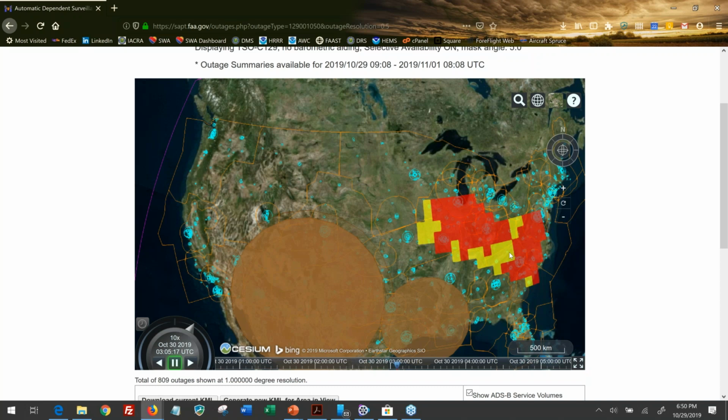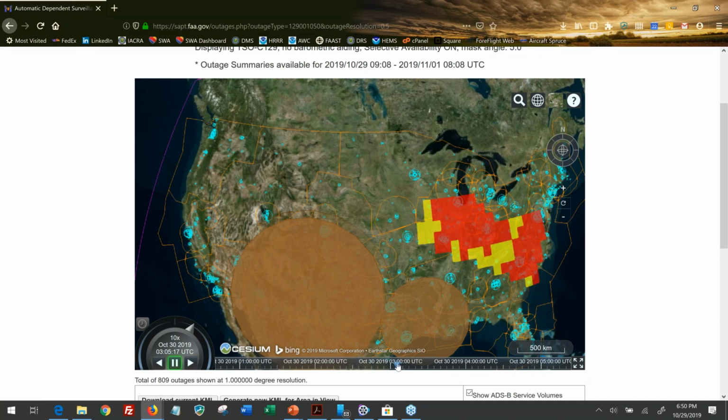Now, this is important, and it illustrates why we have to check ADS-B coverage. If we're ever going to move on and implement ADS-B into NextGen and use it for IFR separation, we have to have really good information to make sure that airplanes aren't going to get too close to one another if we're using this in lieu of our current radar system. So that's what a GPS outage looks like.